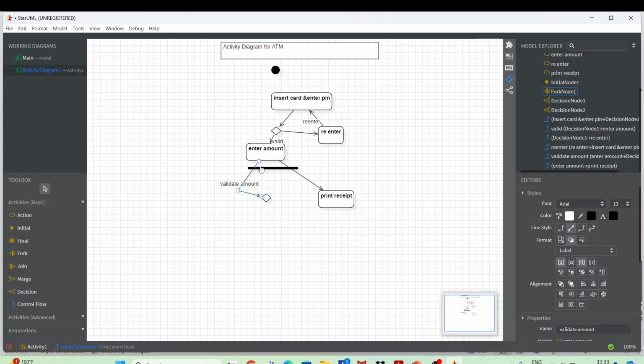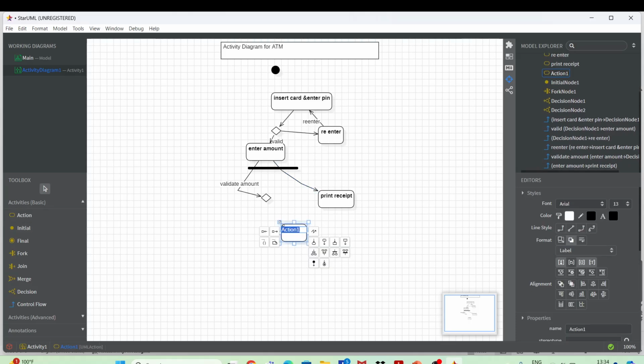A little bit I want to shift. I hope this is being understood. So this you can make small and start from here. So this fork is here. Okay, when we enter the amount, then multiple actions are taken by the machine. Similarly, if it validates the amount and it is valid, you can take it. So again, you can add activities for which actions are to be performed.